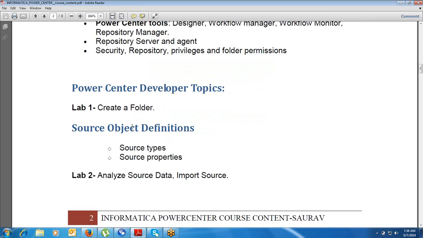We will help you to analyze the source data and import the source into the Source Analyzer, and there will be a lab exercise also to get the particular source definitions to your Informatica level, because everything is present in a database. These sources will be available in the database. You need to import that source and bring it to the Informatica level. To do that, we import our source and bring the source definition into Informatica through the Source Analyzer. So we will learn how to analyze our source data, and we will have lab exercises for it.